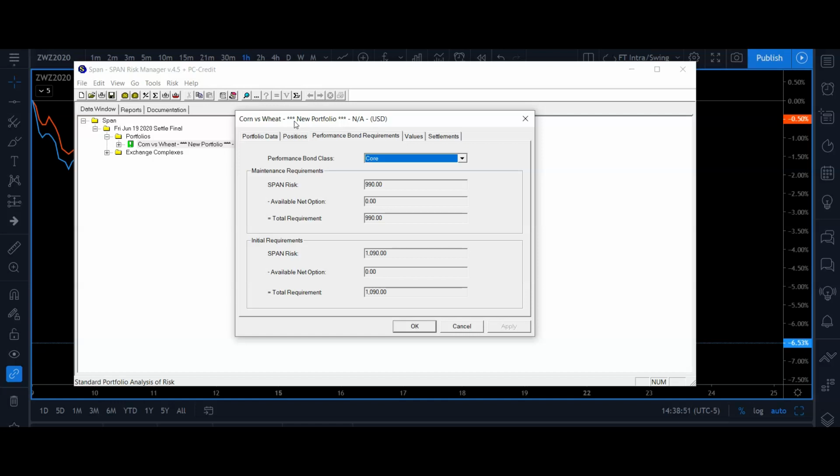It's amazing. Once you get it down, you don't have to be wondering anything. I had a span margin issue several weeks ago on a different wheat trade that was inter-product, Kansas City versus Chicago. Same deal. We had a span issue there at the brokerage, and I was able to speak to the desk manager and say, I'm looking at my tool. It's a $660 spread. And they were able to fix it. They knew they had a glitch in their system that was asking for thousands of dollars more. And I didn't want to put that up.